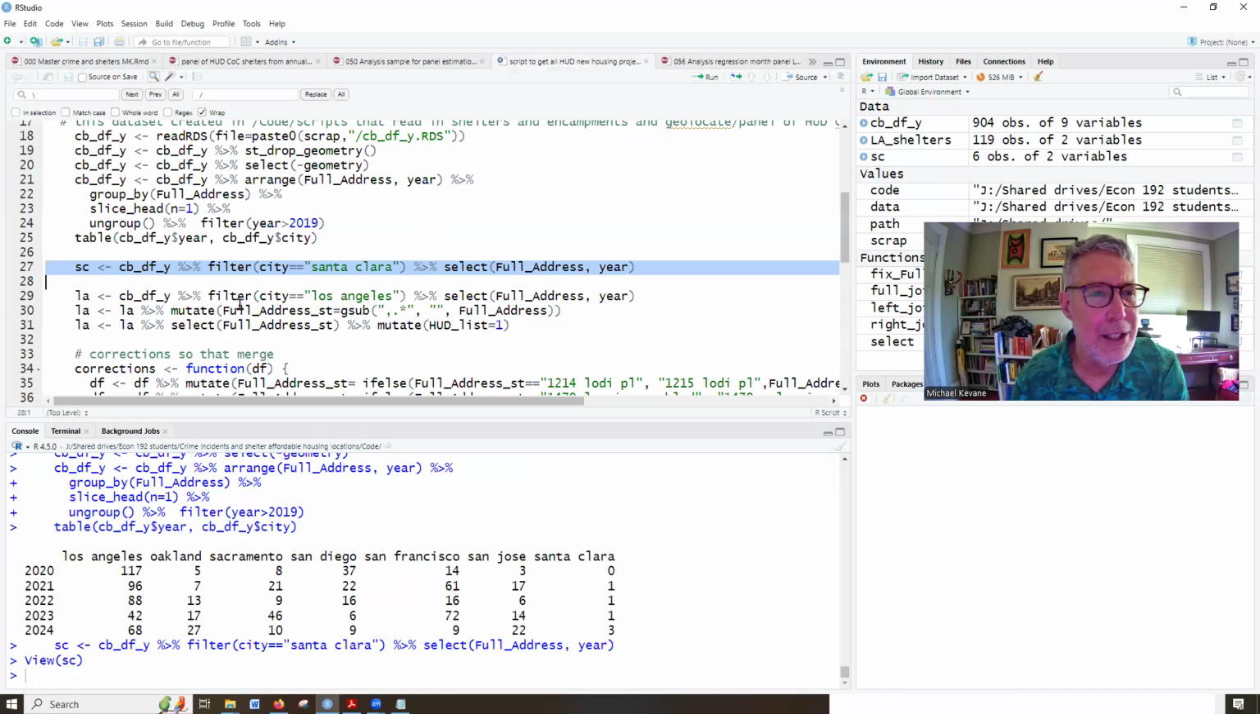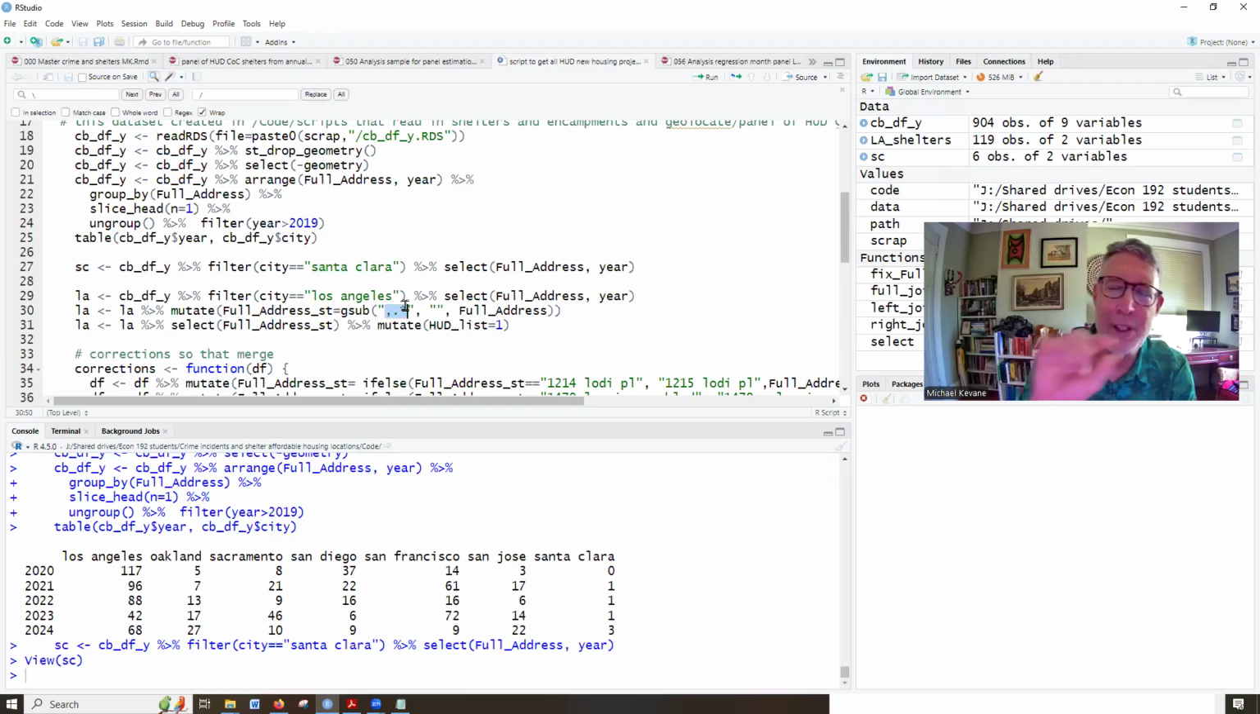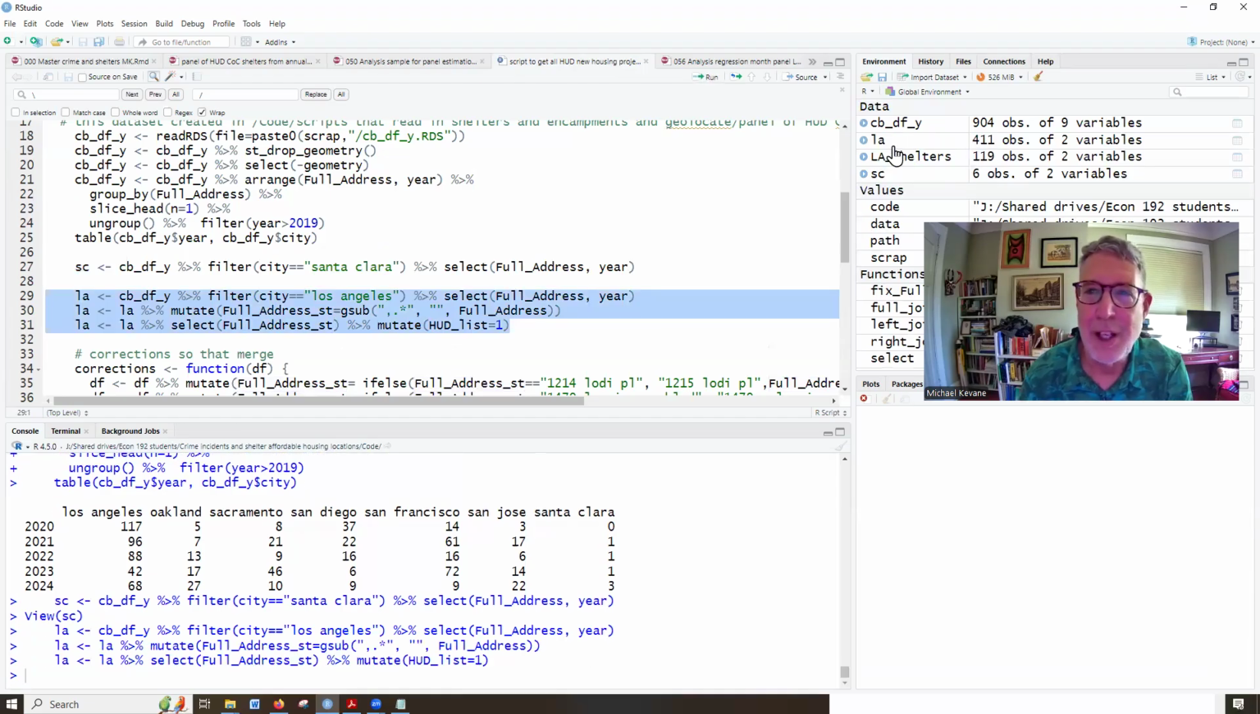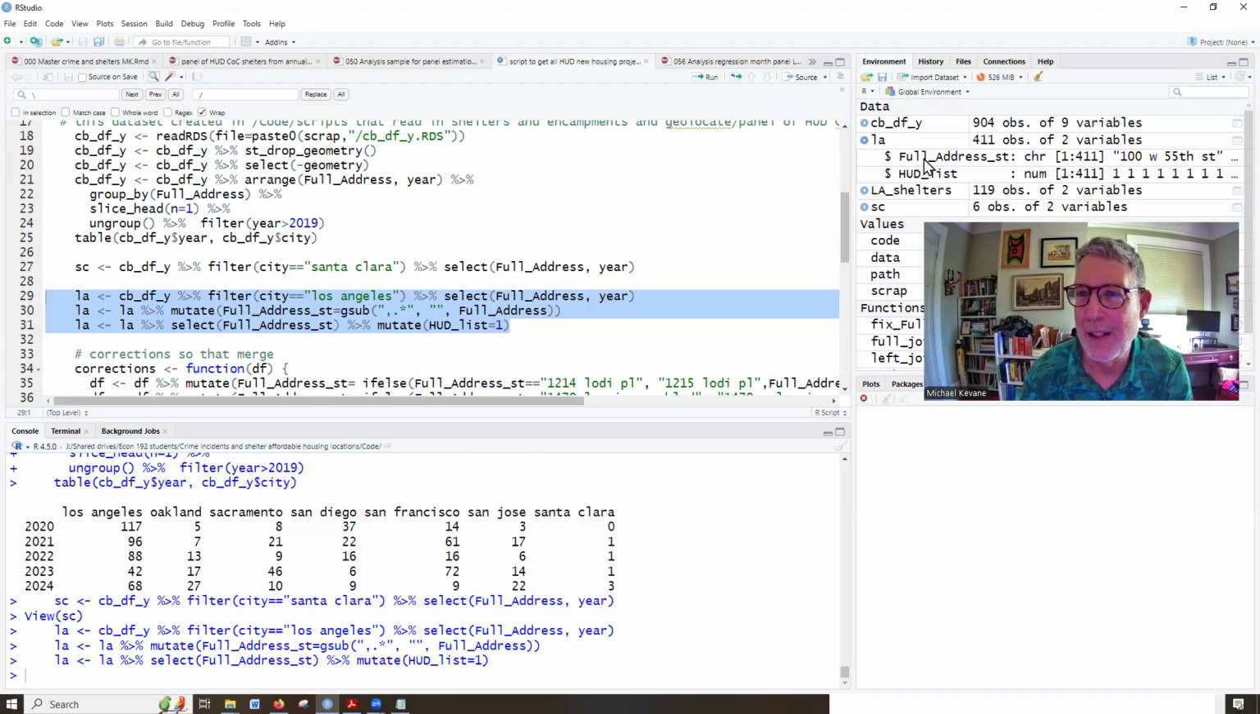So that's Santa Clara. Let's look at LA. When we take the LA HUD dataset filtered to San Jose, just have the full address and the year. Then we're going to drop, this is going to G sub everything that's after the comma. So the way the addresses are, it's the street address, comma, Los Angeles, comma, California. So everything after the first comma here will be replaced with nothing. That way we'll have the full address of just the street address. And then we'll mutate and create a HUD list 1. So when we run this, now we have 411 shelters with their addresses and just the full street address and